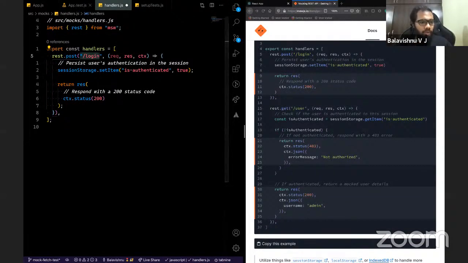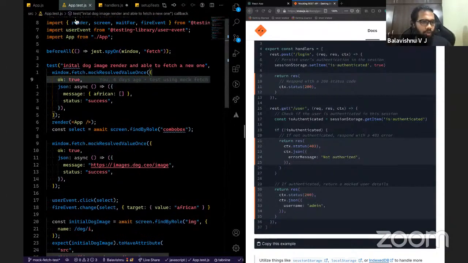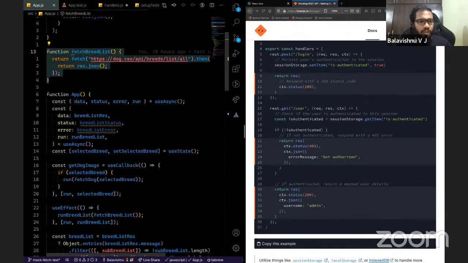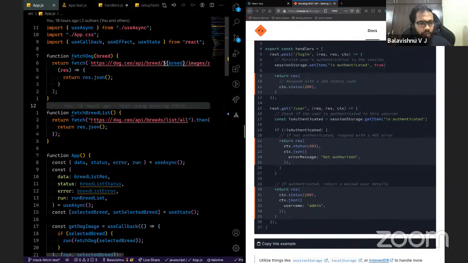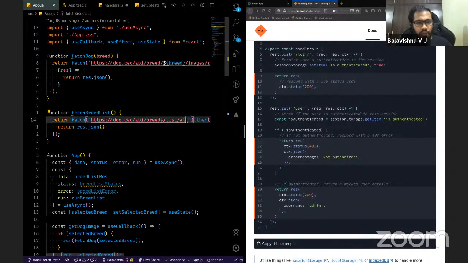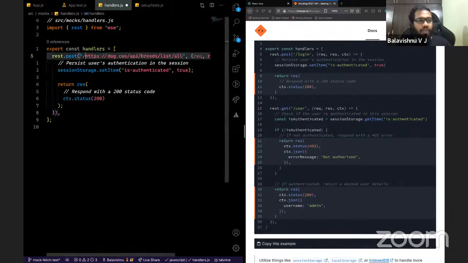So what we will do is we'll copy the first. Here we do not know which API we want to mock. So we'll go here and copy the list API which you want to mock. We'll just copy the URL and add it here as this is the URL. If it's a local API, you just put a relative path. You don't have to put the domain, but we are actually mocking a different domain, so we'll just put the entire URL. And we want to respond with